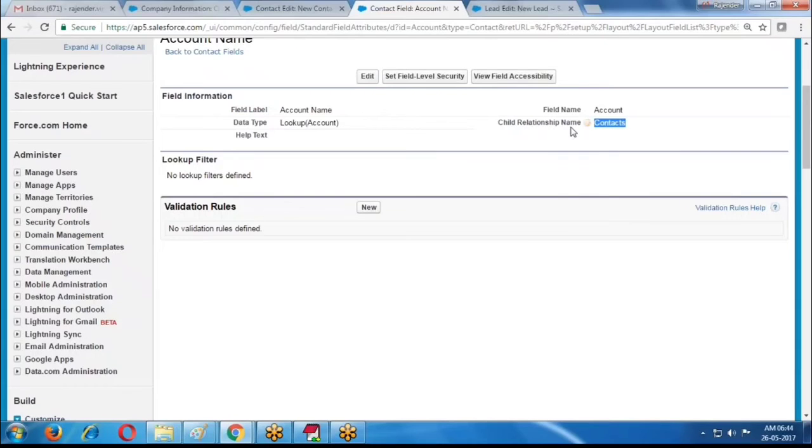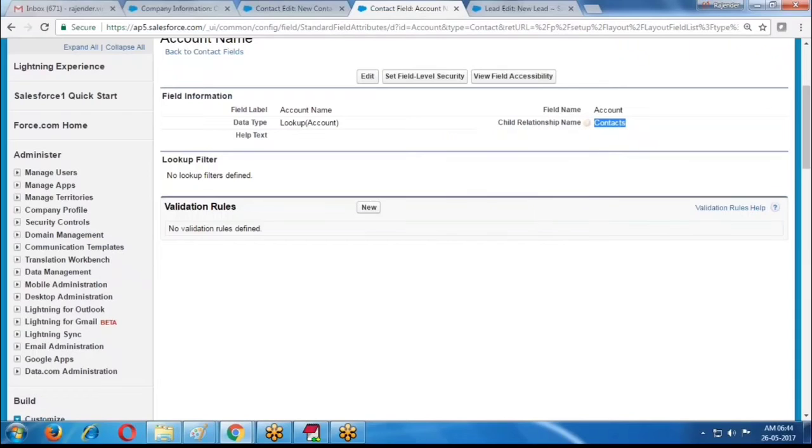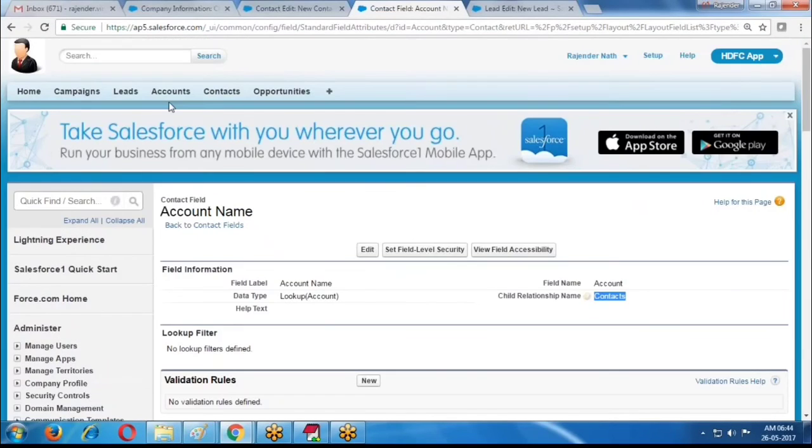Whenever we use SOQL queries, retrieving data from parent to child, we use this plural label. So plural labels are used to display on the tabs, and also for child relationship names, which automatically use the plural label.